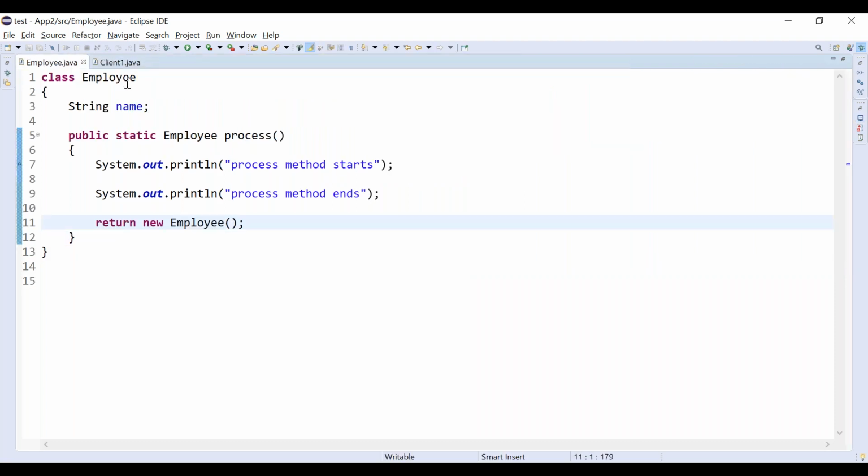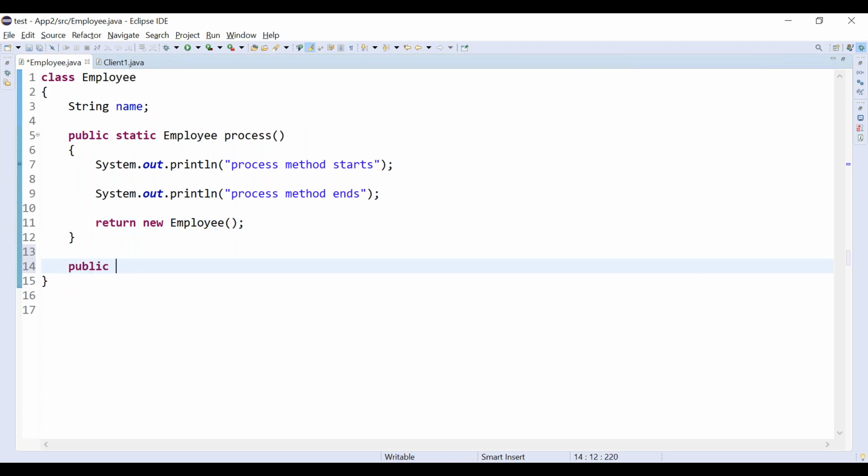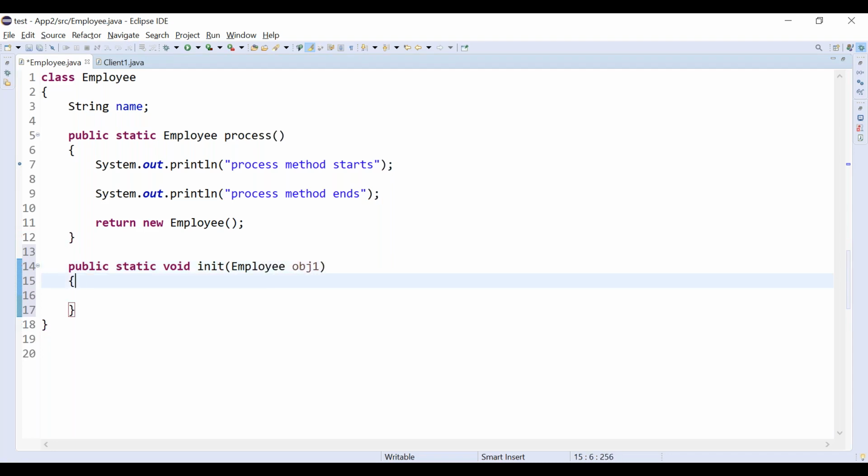Not only return, even while you are calling a method you can pass an object also. Let me go with one more method: public static void, called init. This program we already saw, I just want to highlight one point. I said this is pass by reference, right? Employee obj1, correct.